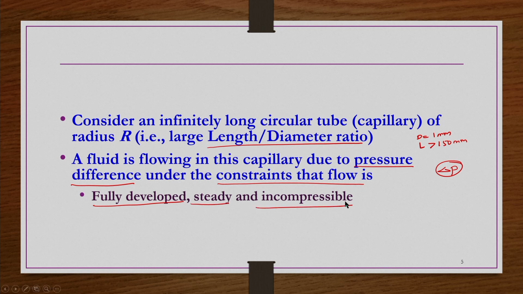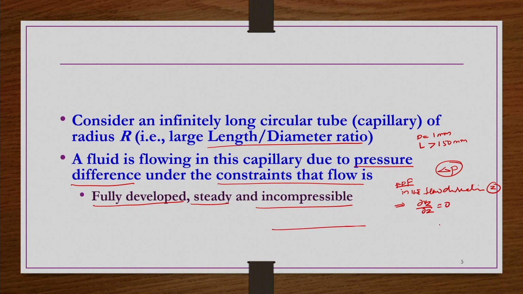Right. What do you mean by fully developed flow? That means in the flow direction, let us say the flow direction is z direction here, and the velocity in the z direction is nothing but Vz. So, dou Vz by dou z should be 0, that is what we mean by fully developed flow condition.